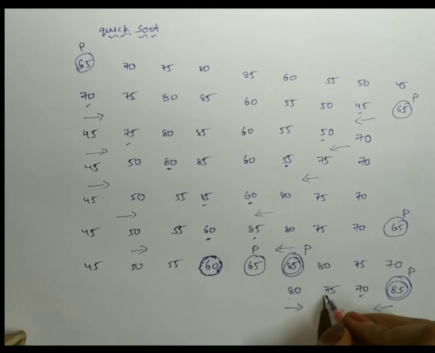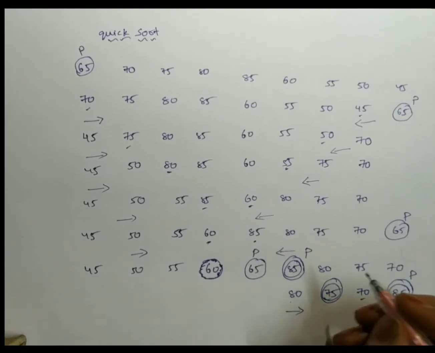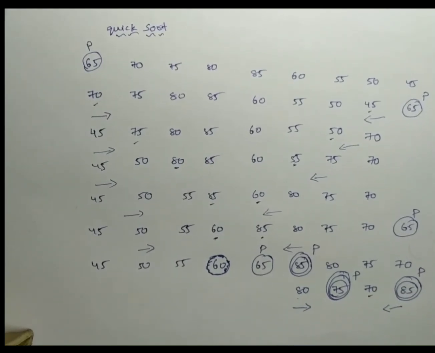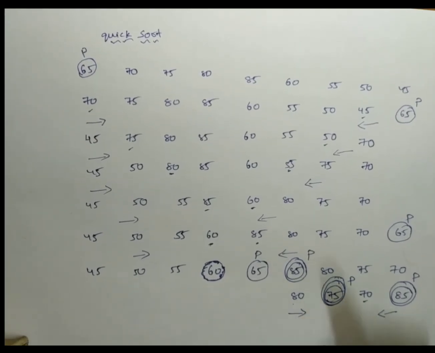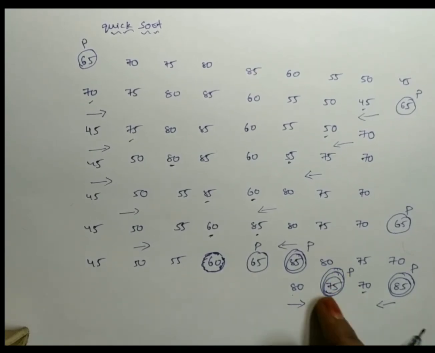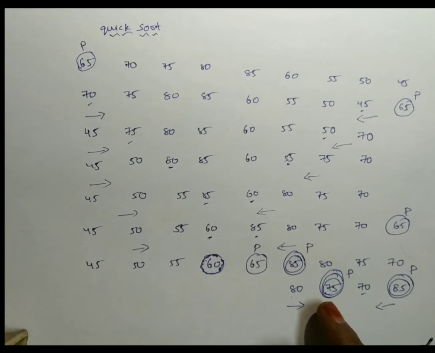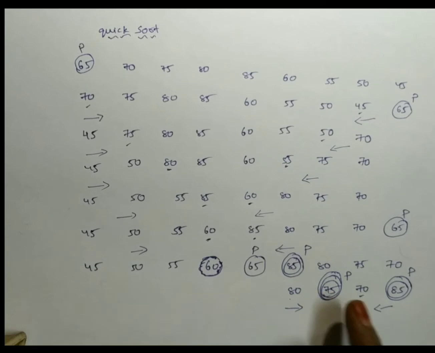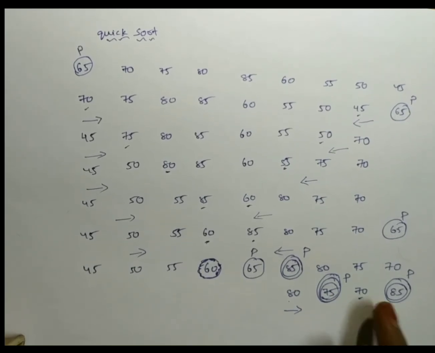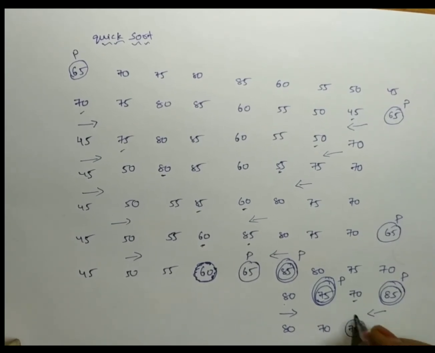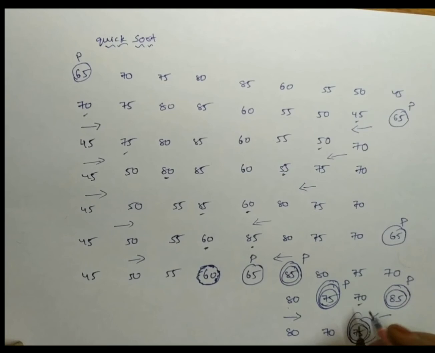Okay, see, here I am choosing 75 as the third pivot element. As I have discussed earlier, you can choose any element as a pivot element in a given list. So as I am considering this as the third pivot element, I have represented it with 3 circles, and as I have considered this as the pivot element, now I need to place this 75 at the end of the list. 80, 70, 75.